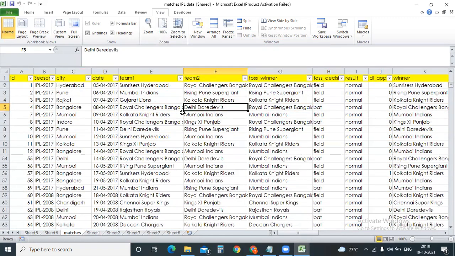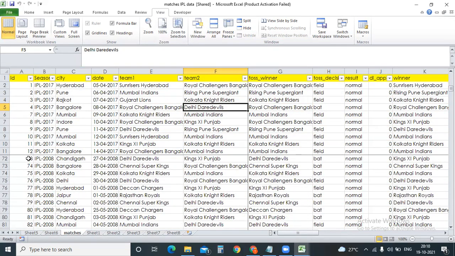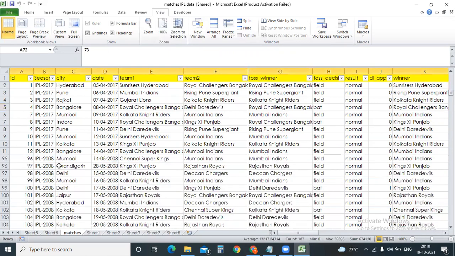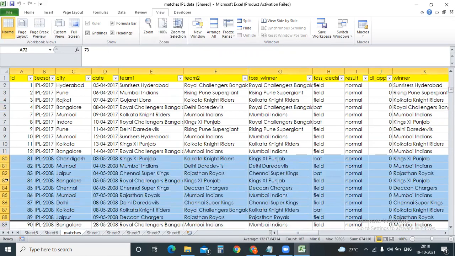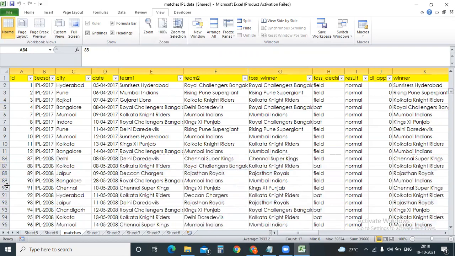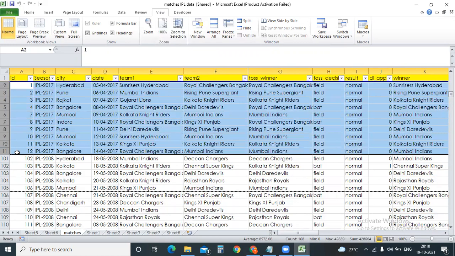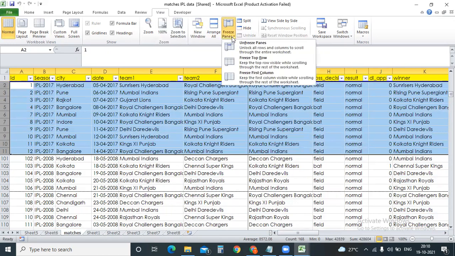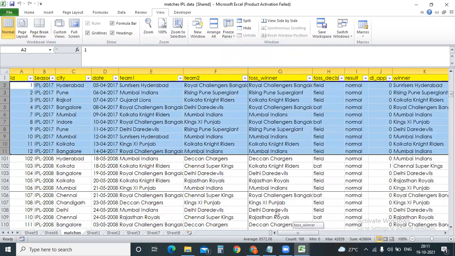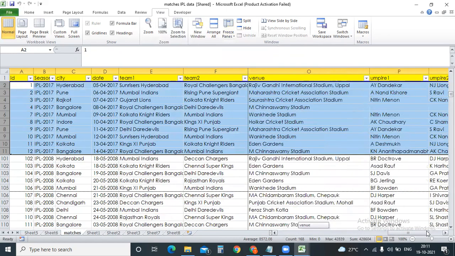So here, if you notice, only the bottom part moves, right? Can you see this? This row moves. If I scroll down, some rows will be frozen and the rest can move, I can use this option, freeze panes. Some rows and some columns we can freeze. In the same way, even if you move right, one part of the Excel has been frozen and the remaining things we can move right to left and left to right.